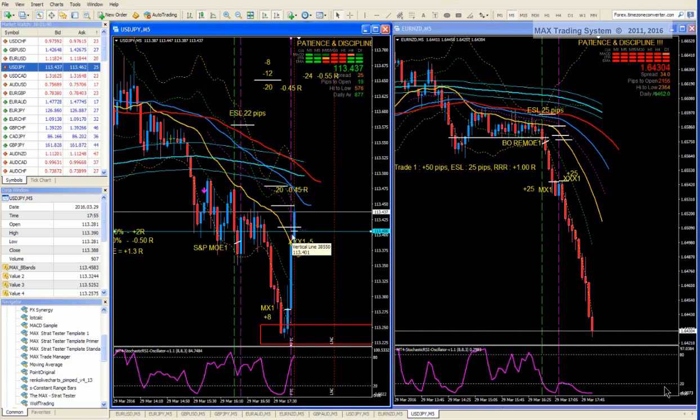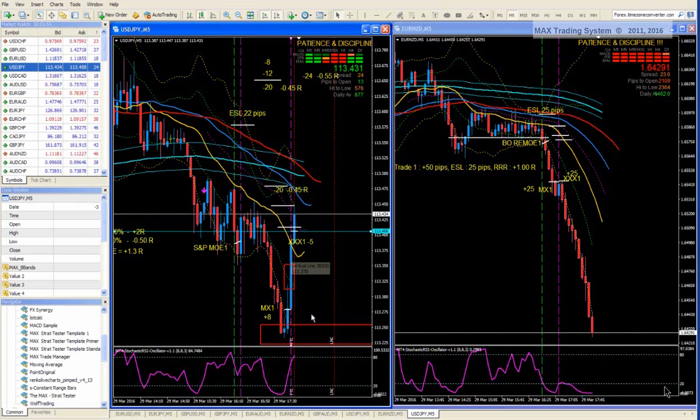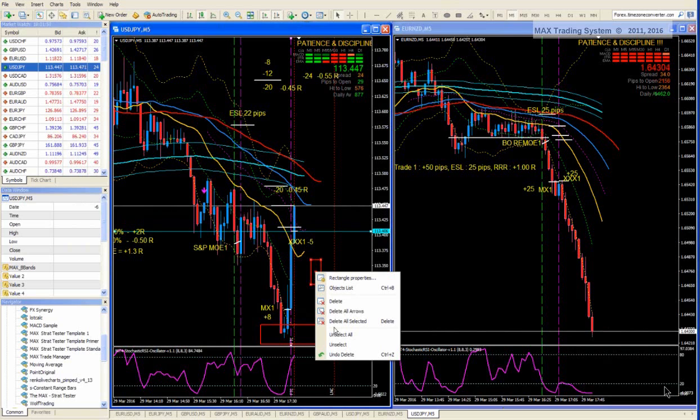Okay? Somewhere in this area. For the moment, the rule is not yet completely defined, but somewhere in this area, in such a way that we still have some possibility to catch a small profit on the second open unit. But this rule will become official when it is completely defined.